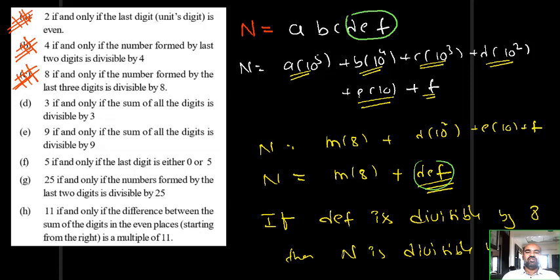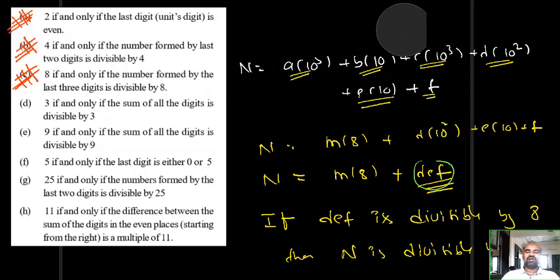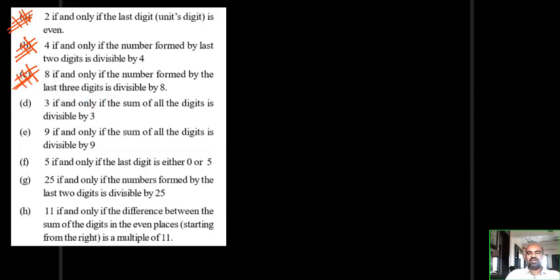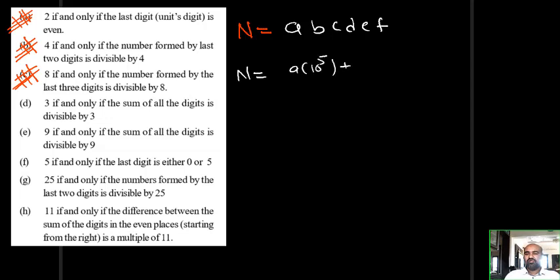Okay. Divisibility rule of 9 I will tell directly. 9 and 3 are the same. I will use the divisibility rule of 9. Again I want to take n as a 6-digit number, A, B, C, D, E, F. So n can be written as A into 10 power 5 plus B into 10 power 4 plus C into 10 cube plus D into 10 square plus E into 10 plus F.